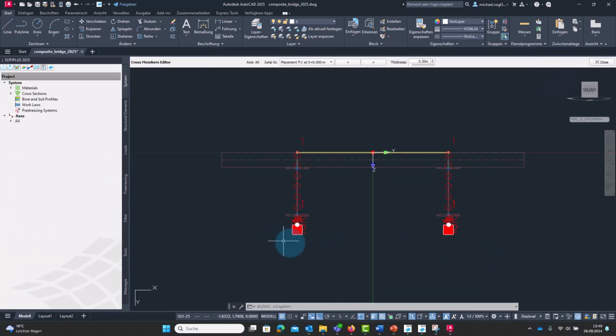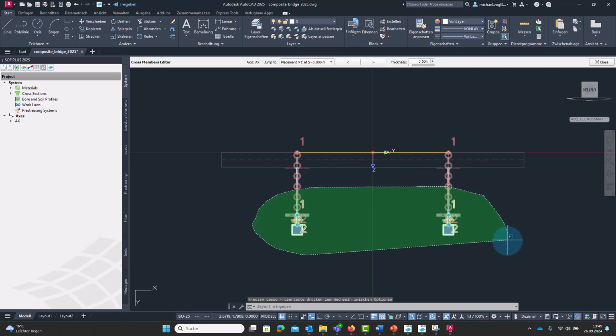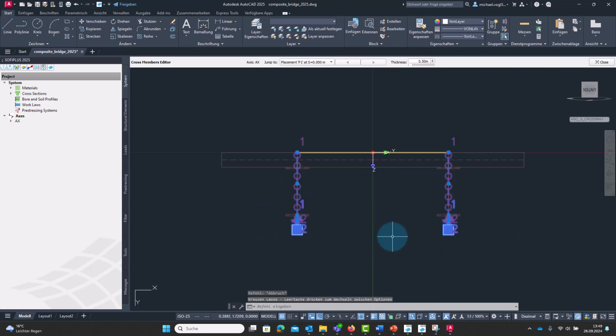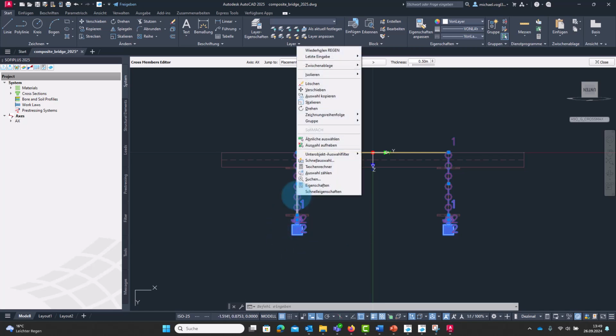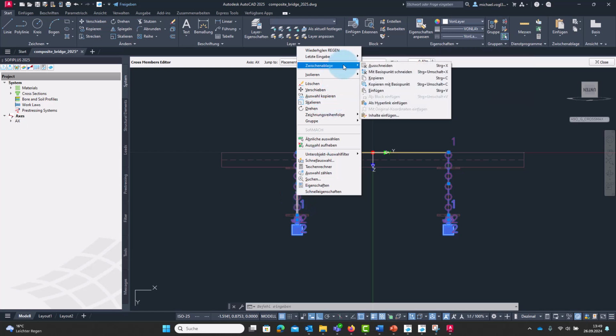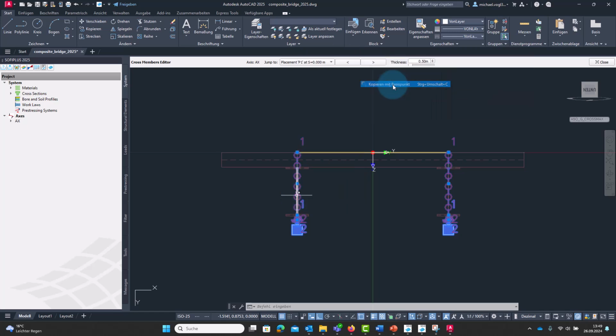As next step, we will copy the bearing to the other end of the bridge. For this purpose, select the created elements of the bearing, so bearing itself and the couplings. Then right-click and select Copy with Base Point.